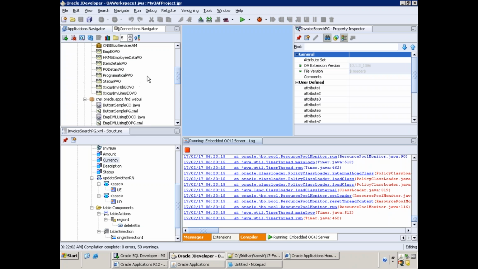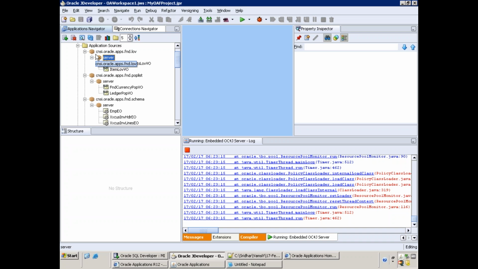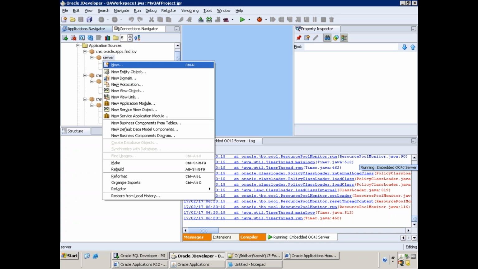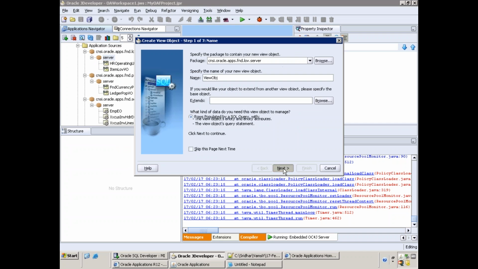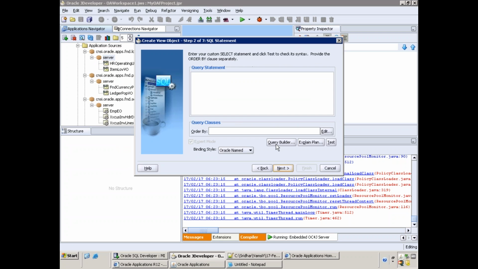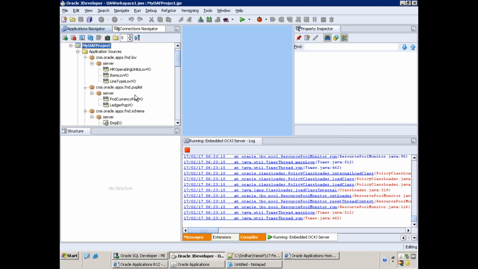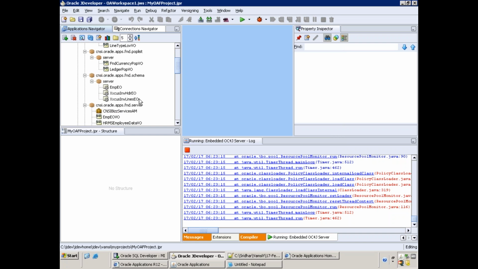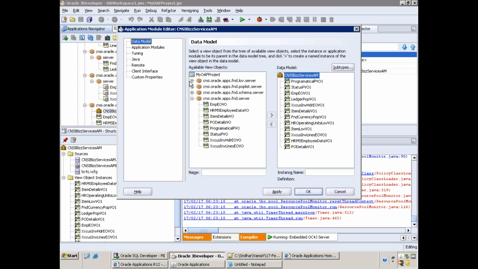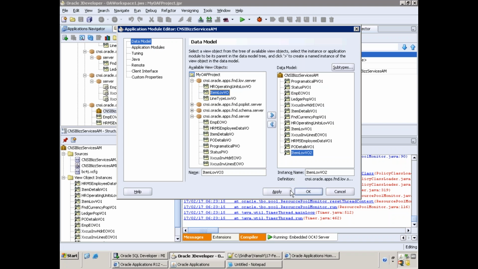So we have to create a LOV for this one. LOV server, new view object, line type LOV view, read only access. Click on next, next, next, finish. So next thing is we have to assign the VO to the AM, LOV server package, line type LOV VO, apply,